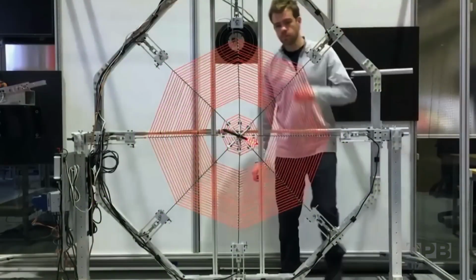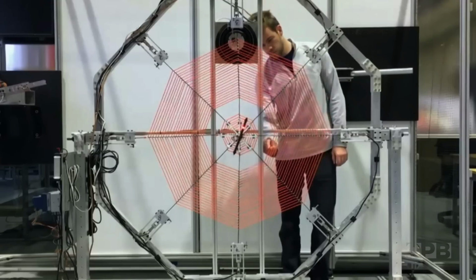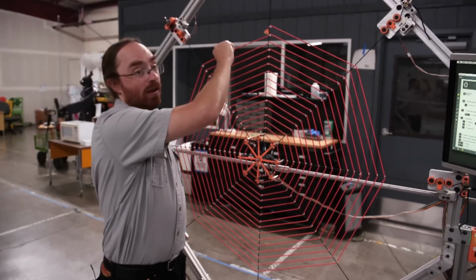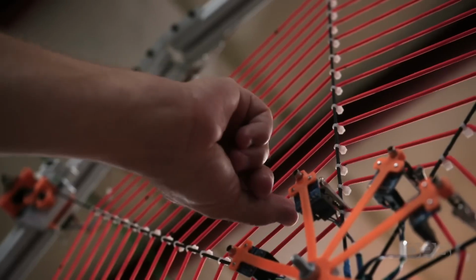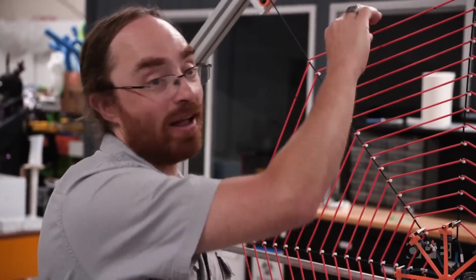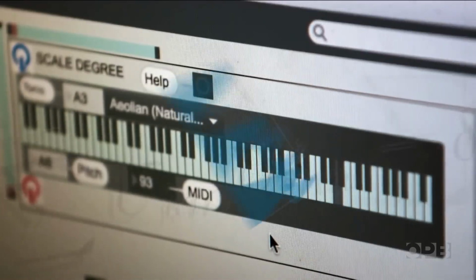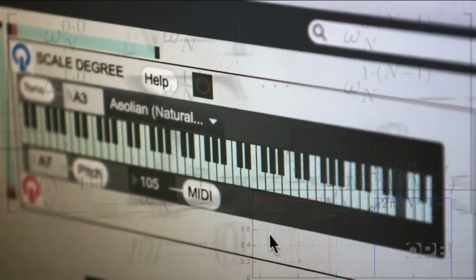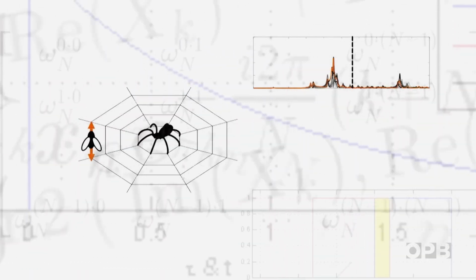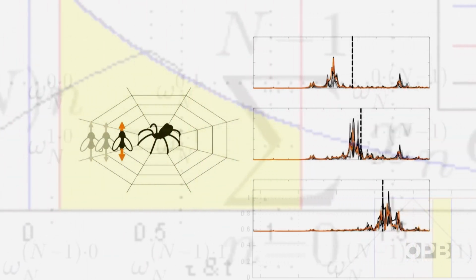But to find out exactly where the prey is, simulated here by a pluck, the spider shows that it has a musical side. We have made it so that the big long strings play low notes and the short little strings play high notes. From that we can tell, did I pluck it far away or did I pluck it close to the spider? The model may seem whimsical, but the complex mathematics behind it prove another instance where engineering and biology make good partners.